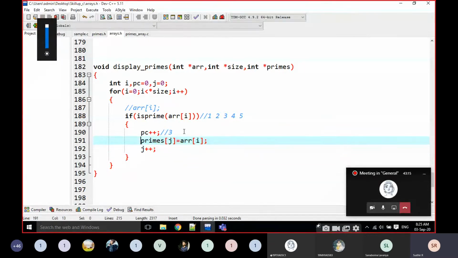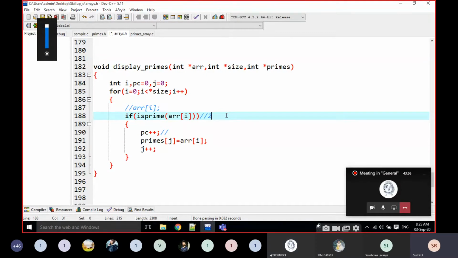What I am writing here, for example, primes of j is equal to, that means first of all it is going to check with 1. Is 1 prime? No, not at all. Then these lines are not executed. Then is 2 prime? Yes, 2 is prime.